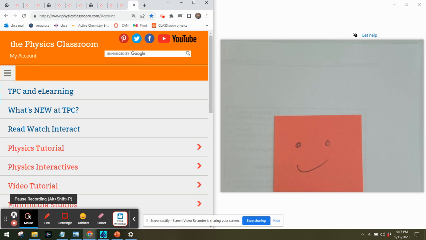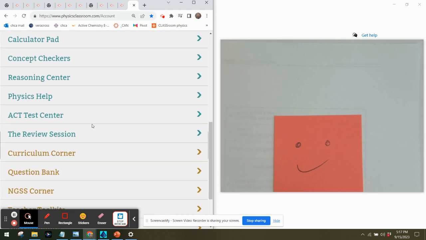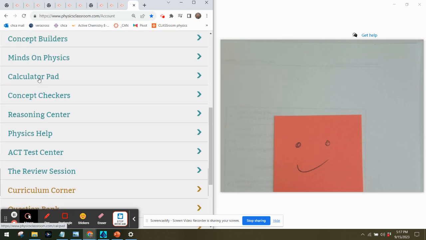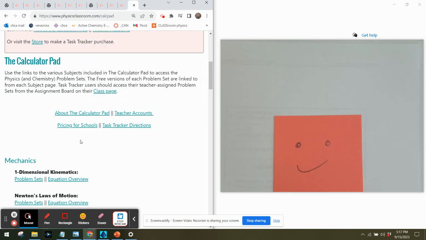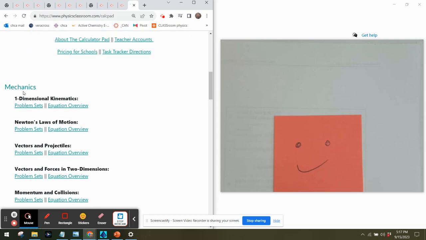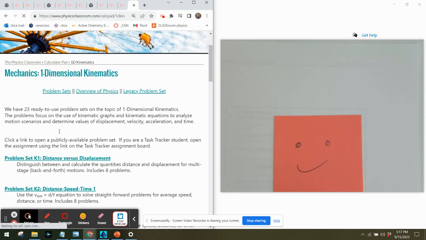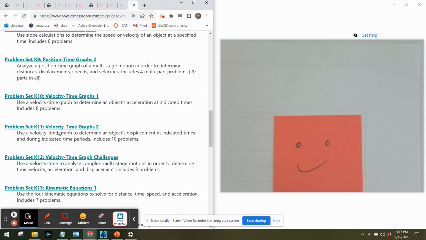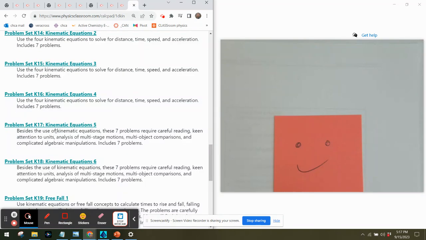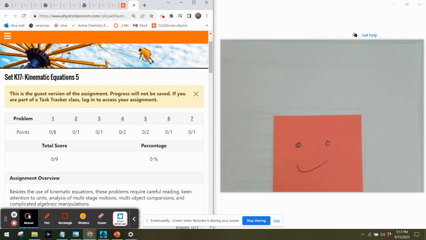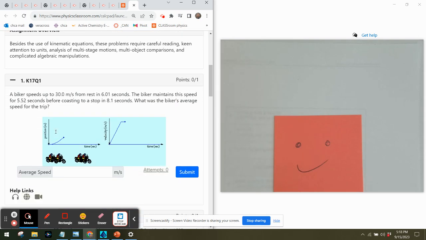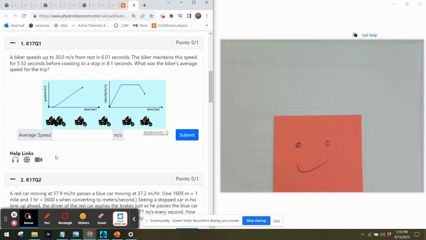So, we're here working on the physics classroom, and we are looking specifically today for this video in the calculator pad, and we are looking in problem sets for kinematics, 1D kinematics. This video is specifically looking at problem set 17. These are a little bit trickier, so I'm preparing a couple videos for them. And when we look at this first question,